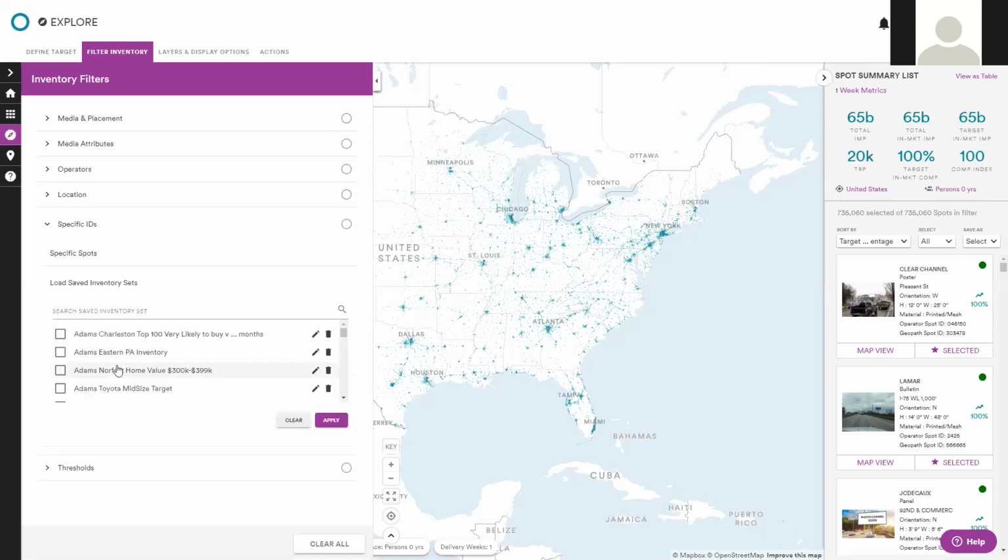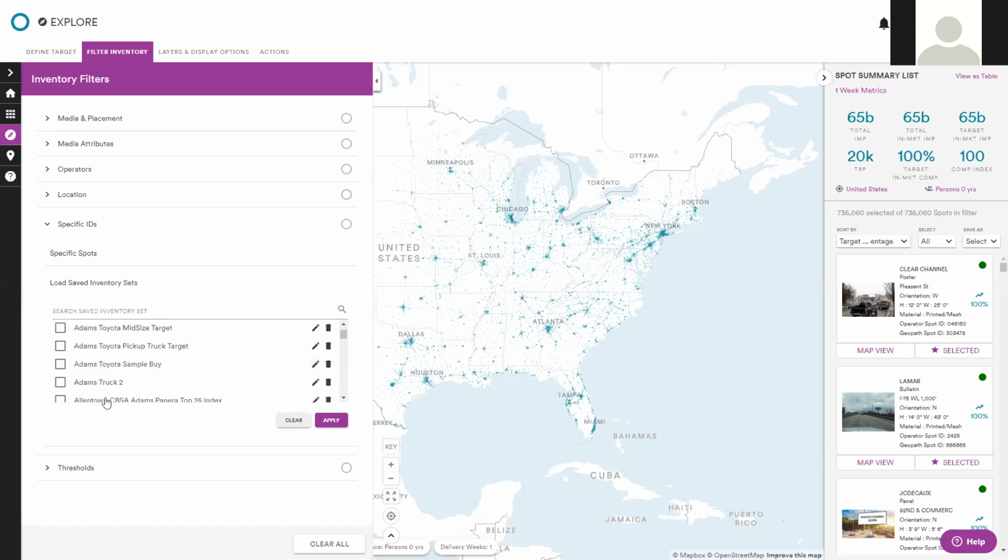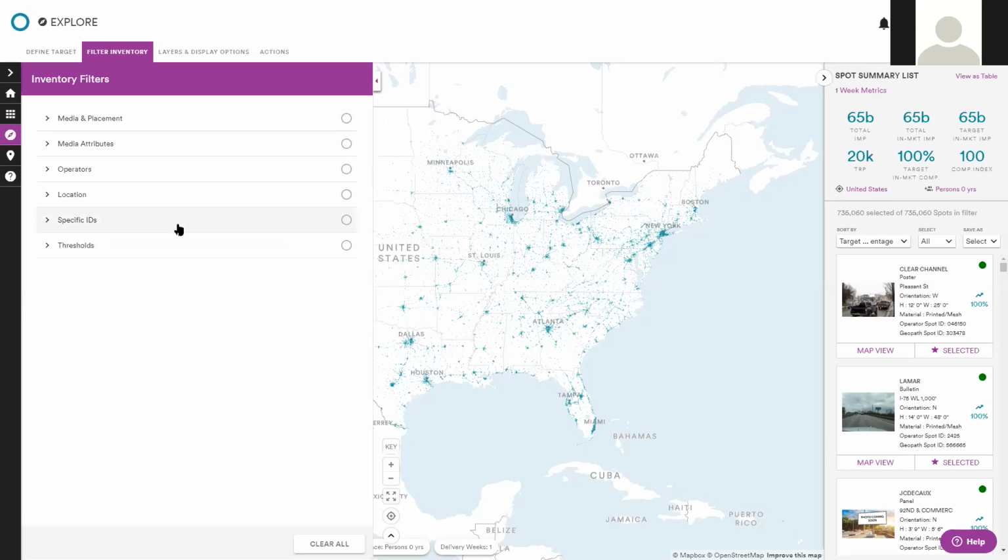So specific IDs, you can filter by those, but also within this bucket here is load saved inventory sets. Excuse me. And when you filter your inventory down to a certain number of units, say I had been doing my example and I got down to like 30 units that I wanted to save for later, I can save those as an inventory set, so I can come back to that. And you can then access your past inventory sets here and just call one of those up. Say it's like a perm that you work on a lot, or it's a package that you're shopping around with a couple different audiences and you've been doing a lot of work with it. You can just call that up from right within here